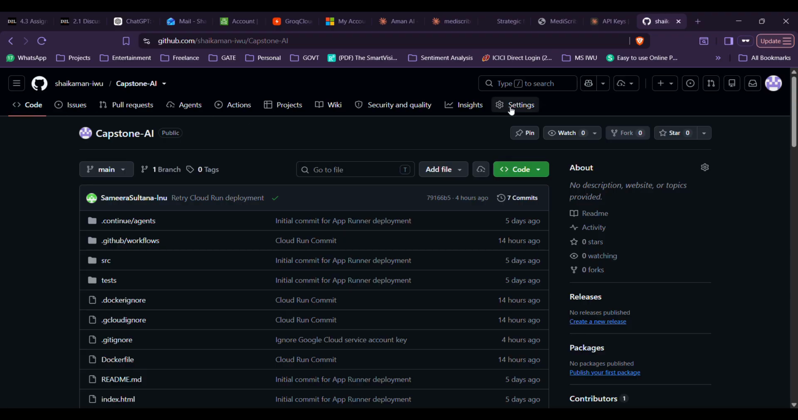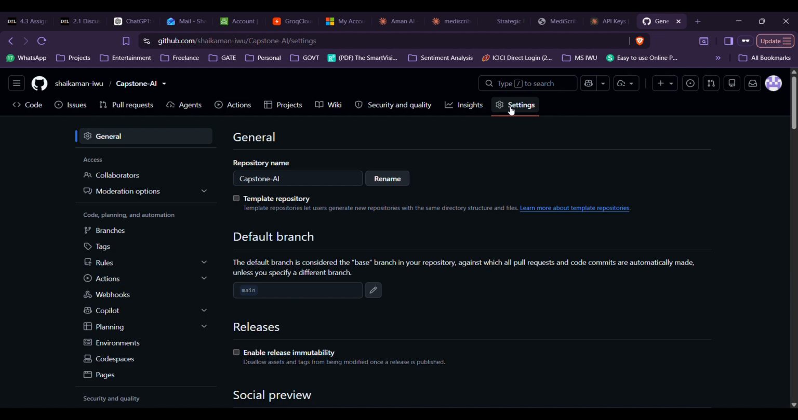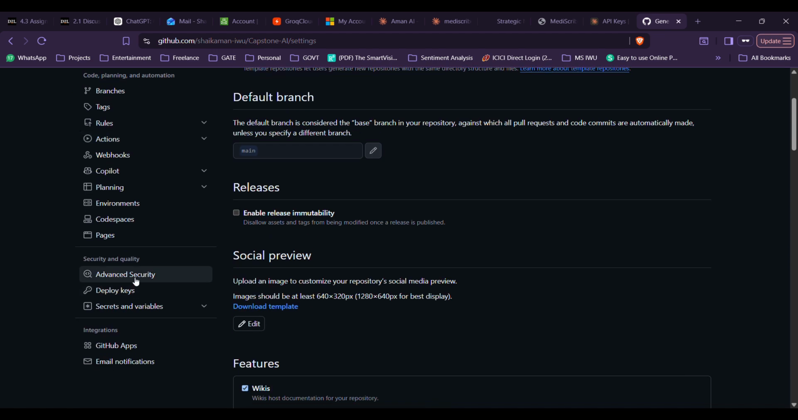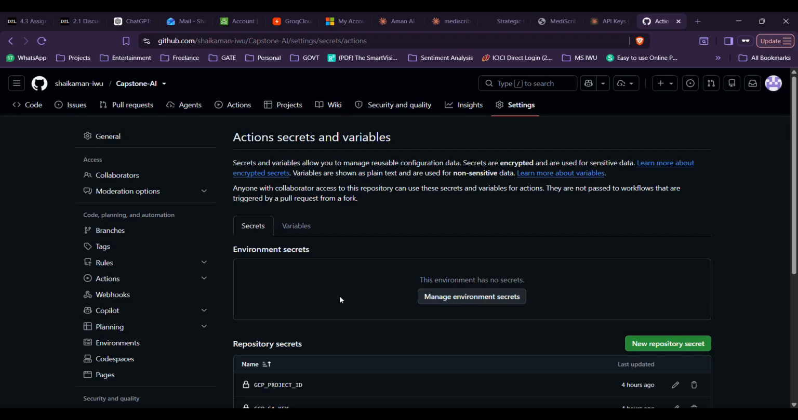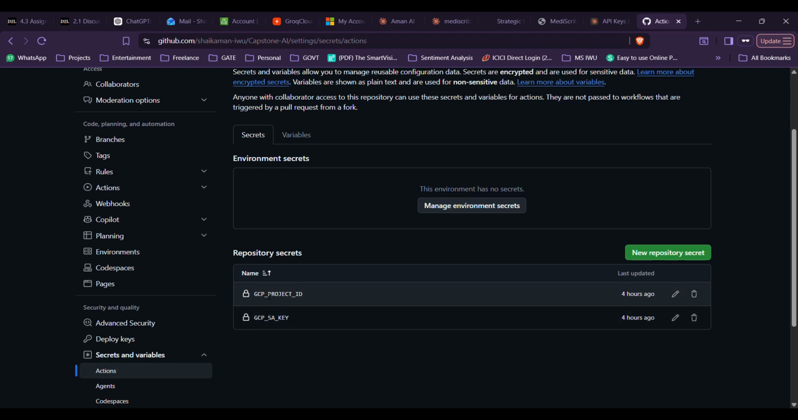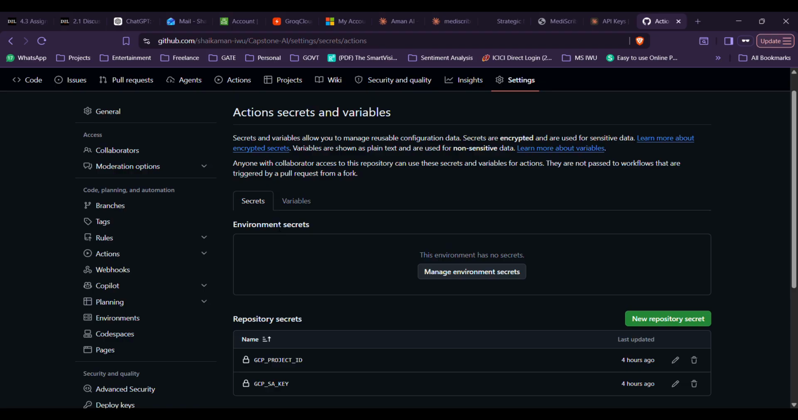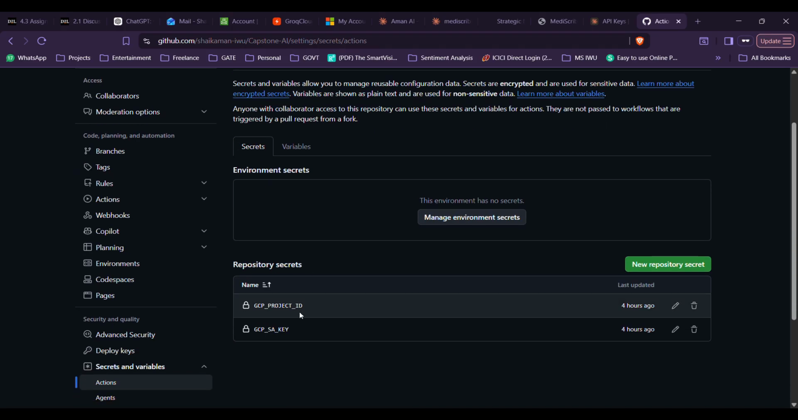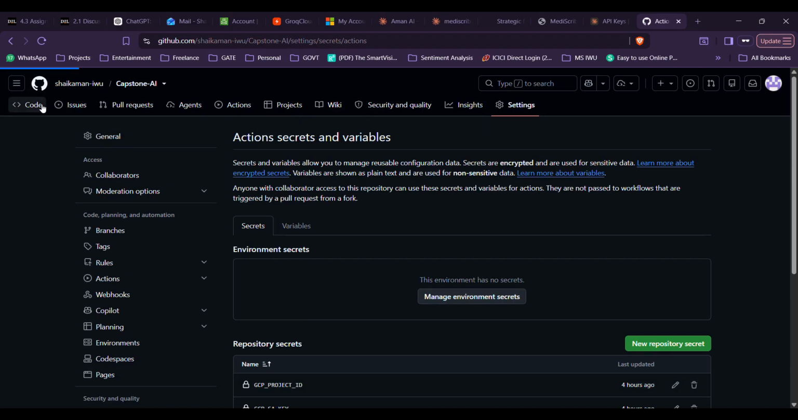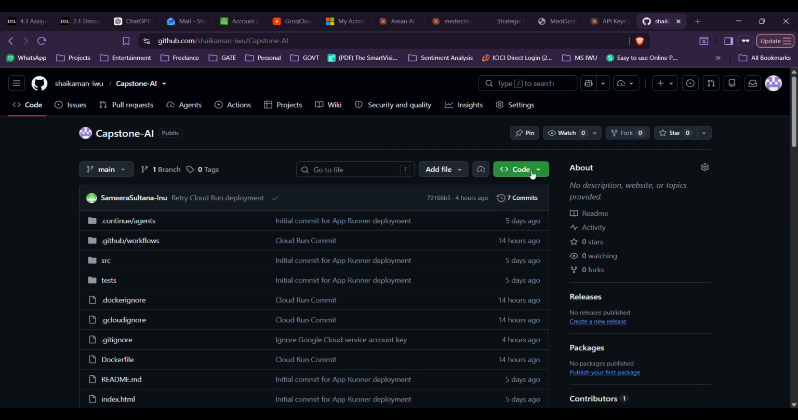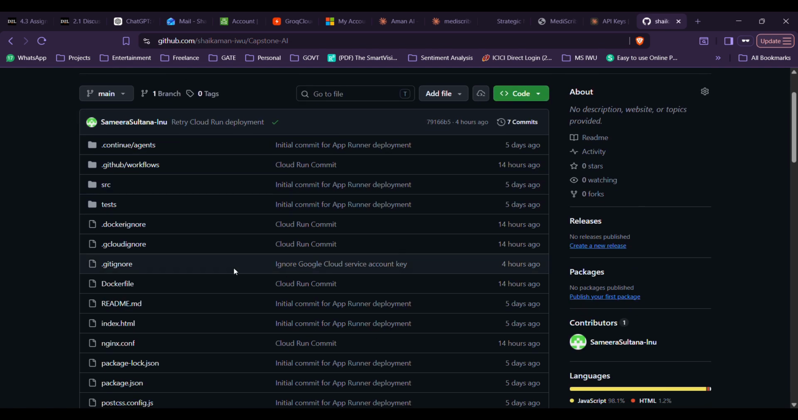And for GitHub secrets, I'll go to the settings, and secrets. All the secrets will be stored over here. The GCP project ID is stored over here, and the GCP SA key also, that is the service account credentials, will be stored in the secrets, using which we can deploy our application to Cloud Run. And coming back to the structure,